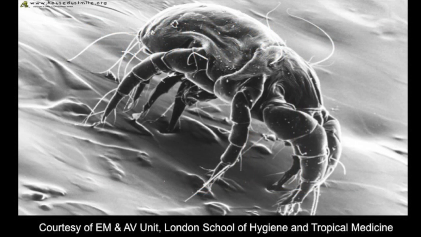So this is, of course, the big daddy of all. This is the original house dust mite. House dust was found to be, allergy to house dust extract was found to be a major risk factor for the development of allergic asthma in the 60s. It was only in the early 70s, I think, that they narrowed it down to the house dust mite and then the house dust mite individual allergens.